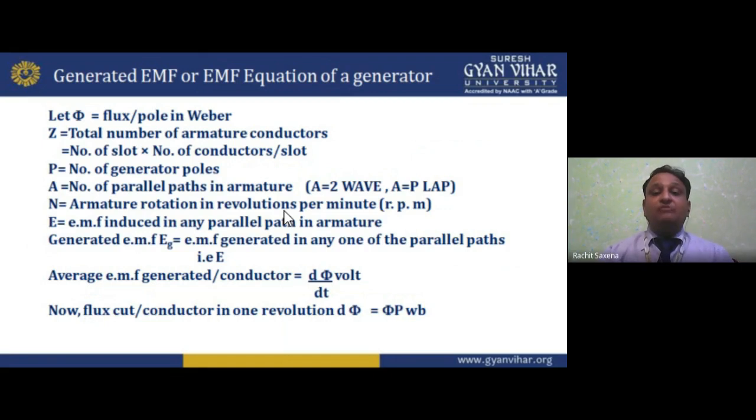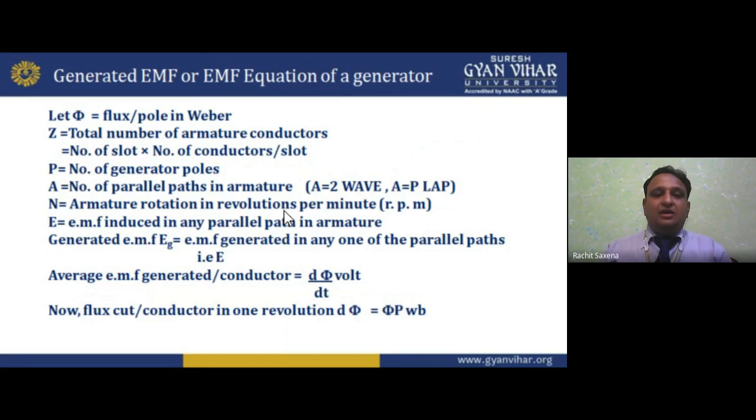Now P is the number of poles. Instead of generator, we can write motor also, if I'm talking about the back EMF. But here I'm calculating for the generator, because for a generator we talk about EMF, but for a motor we talk about torque, because the output of a generator is EMF, an electrical quantity, while the output of a motor is torque, speed, rotation. So if I'm talking about the generator, we are talking about EMF, and back EMF is for the motor, in the opposite direction. If anyone asks you about the derivation, this is the same derivation we have to follow.